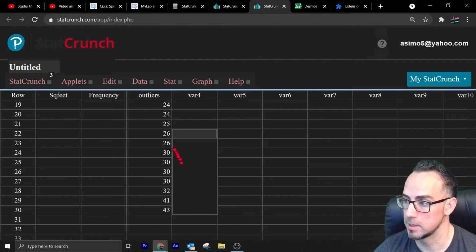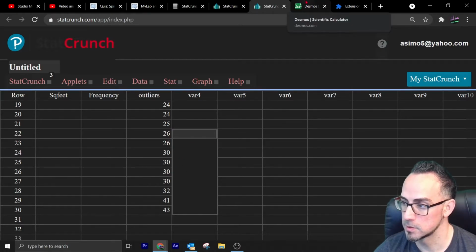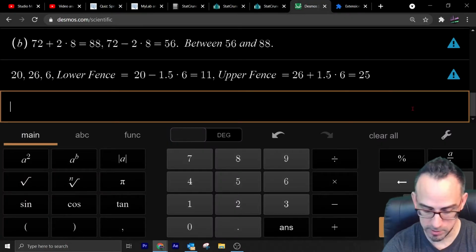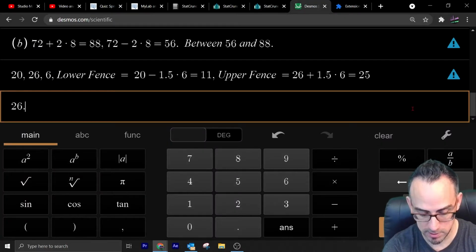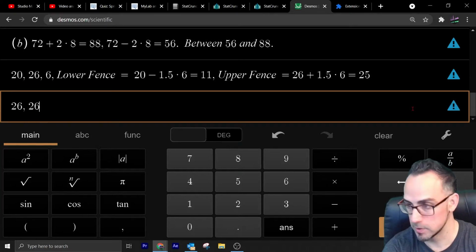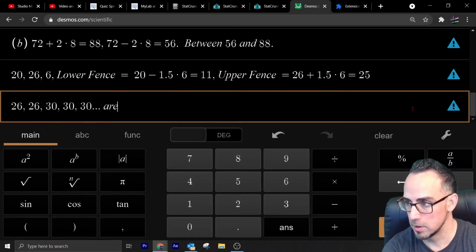And you have to say, how can I grab them? There's two 26s, 4 30s. So yeah, you just list all those numbers like 26, 26, 26, 26, 30. I've never had this many outliers. 30, 30, dot, dot, dot. Are outliers since